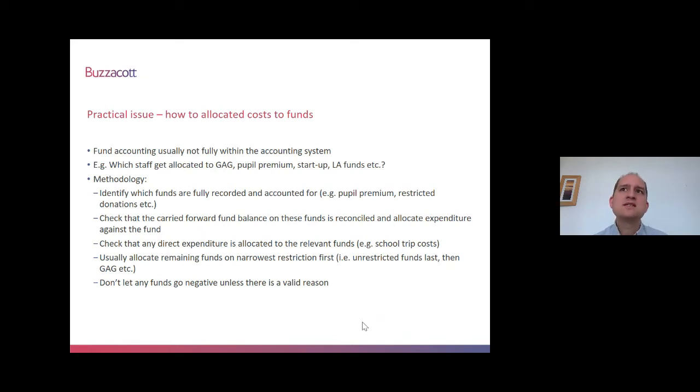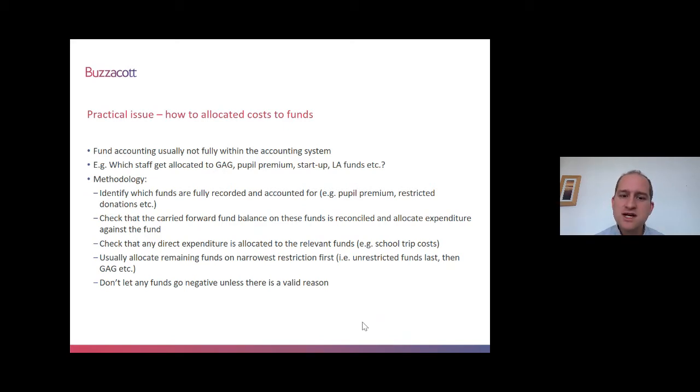One thing I would note is trying to match relevant income and expenditure. So we've got the example on this slide of school trips. So if you have school trips income, school trips is a bit debatable whether it's restricted or unrestricted. It depends upon the nature of the agreement that's in place. But sometimes people say it's any money received for school trips must be spent on school trips. Others say it's a case of the parent is paying for a school trip, and as long as they receive a school trip, it doesn't matter what you spend the money on, but